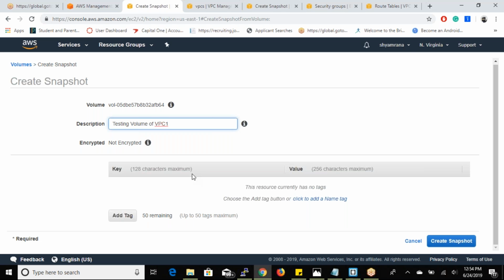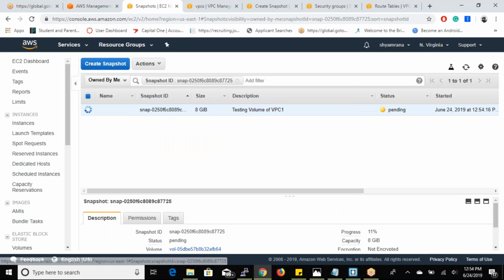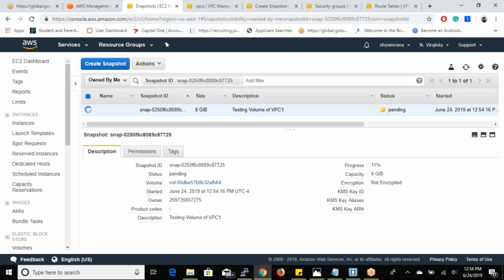Create a snapshot. Click that ID. It is creating. Okay. So it will have all the content in that volume. It will take a backup and create a snapshot. If you need to restore that volume content, go to action,